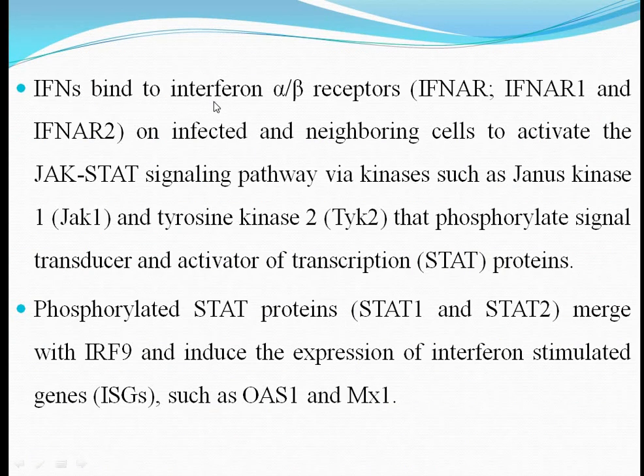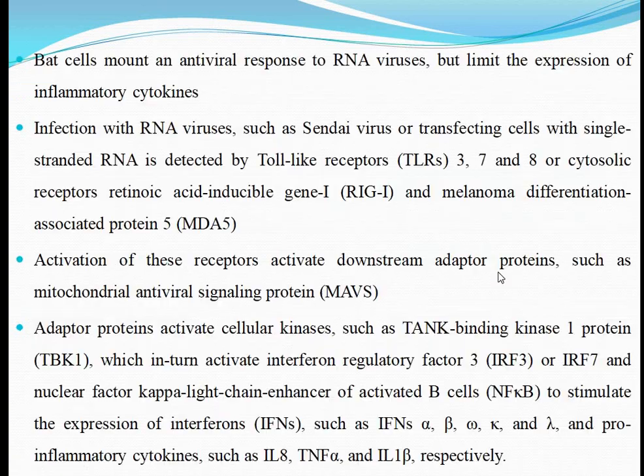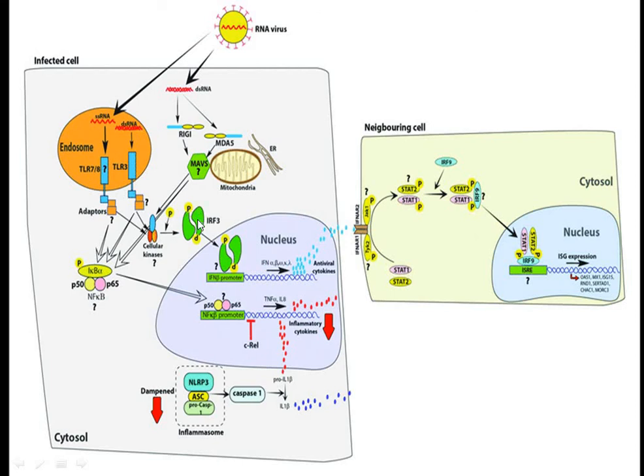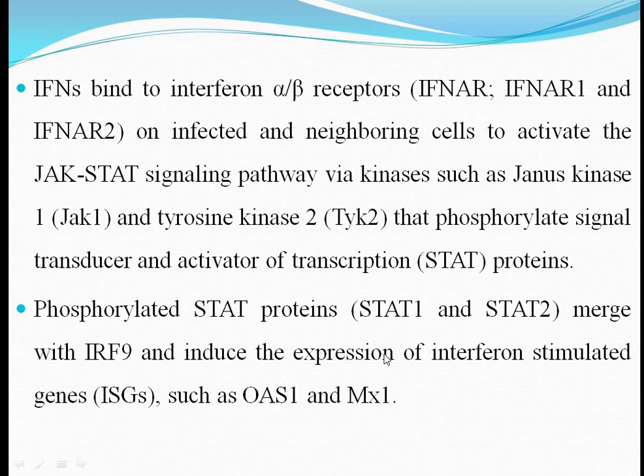Then interferon binds to interferon alpha beta receptor 1, 2 and interferon receptor 2 on infected and neighboring cells to activate the JAK-STAT signaling pathway, kinases such as Janus kinase and tyrosine kinase 2 that phosphorylate signal transducer and activator of transcription proteins. Interferon, via cellular kinases, activates STAT signaling in neighboring cells, and phosphorylated STAT proteins STAT1 and STAT2 merge with interferon regulatory factor